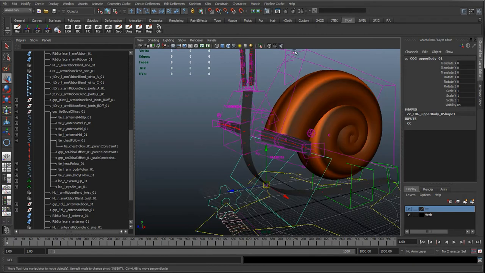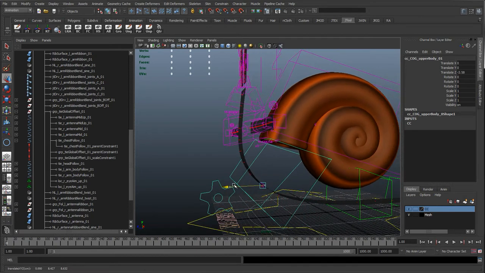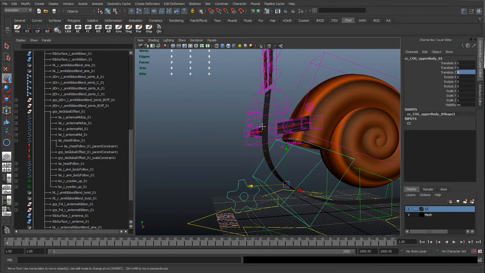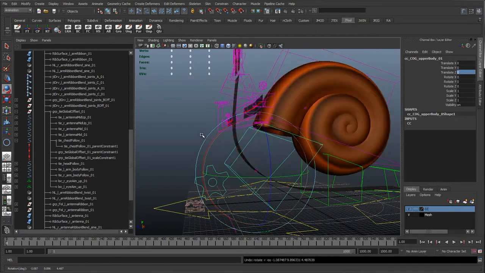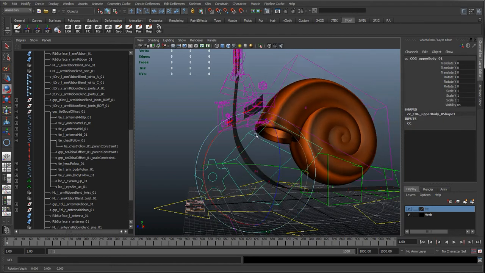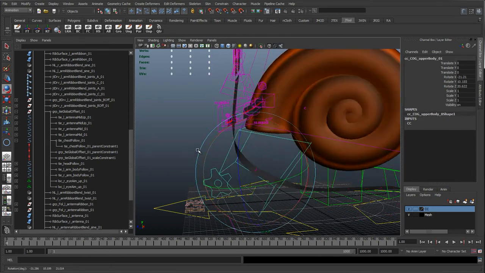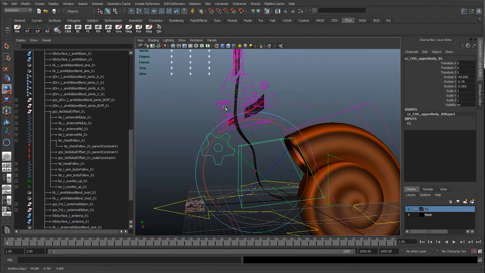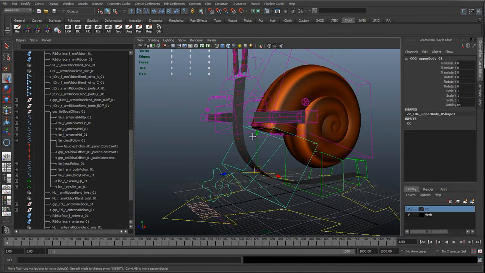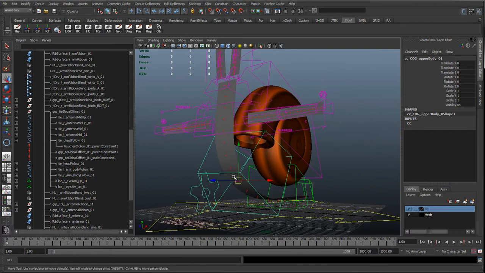And the reason I don't want to parent this upper body control is now we can see it's moving with the cog, so I can reset this back to 0. It's going to move and rotate, but we also have the ability to switch it off. So I'm setting the follow chest to 0, and you can see now it's not following along. So we could rename that follow center of gravity if we want, but I'm just going to leave it as normal because it does actually follow the chest.